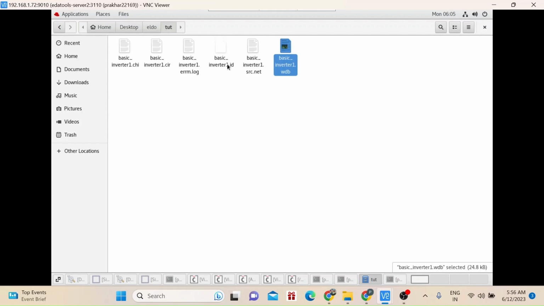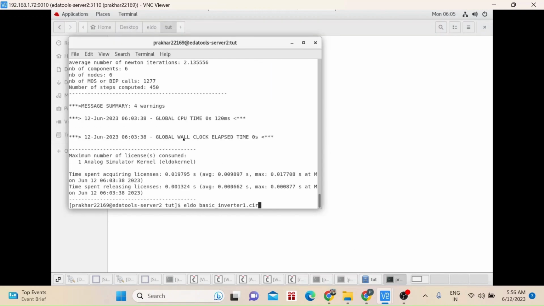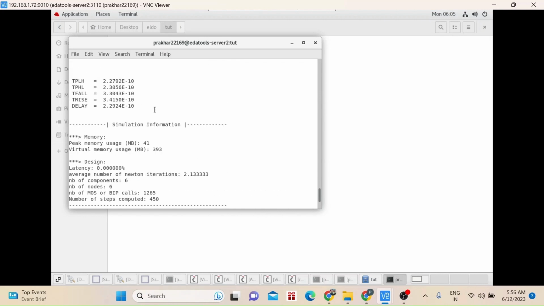I will run again. Let's see. Okay, you can see now rise time and fall time are almost equal, and TPLH and TPHL are also equal, 2.27, 2.23, and delay is also 2.23.